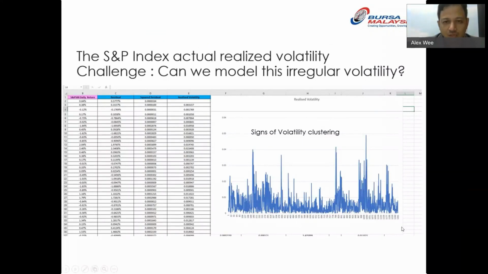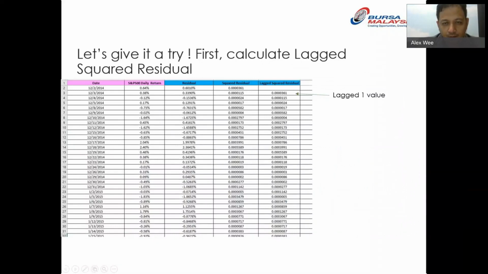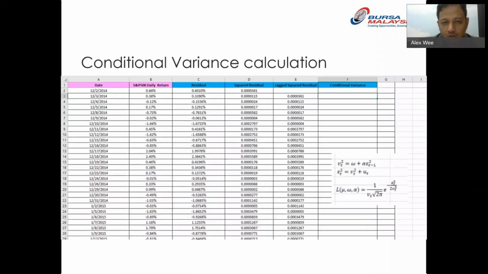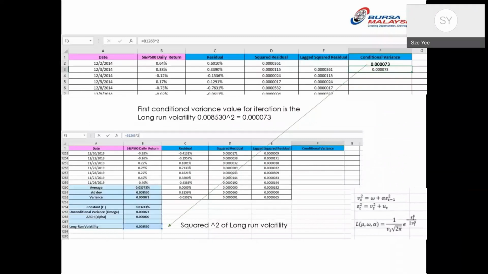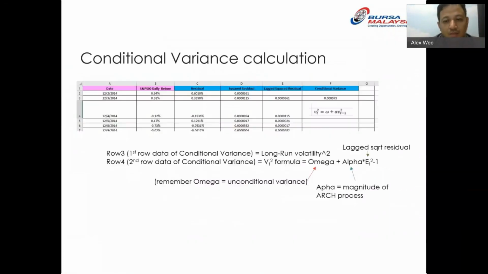Can we measure this using the squared residue? Okay, conditional variance calculation, and of course you can see it's very complex. If you don't know how to do this, it doesn't matter, because you can always try to find whether there's any ready ARCH or GARCH indicator online. But the theory behind these are all the steps. If you want to do it manually, step by step using Excel, that's how you can do it.